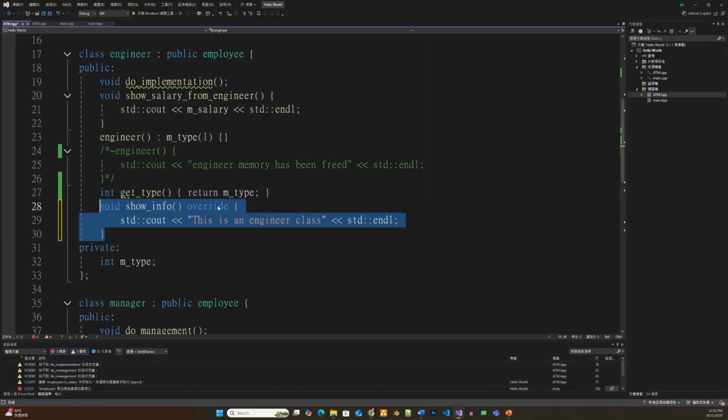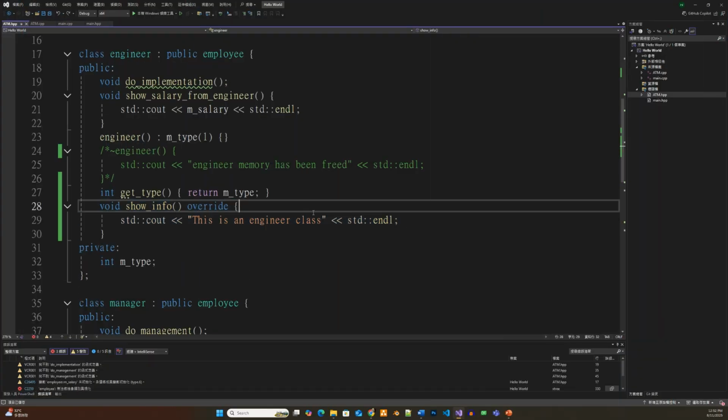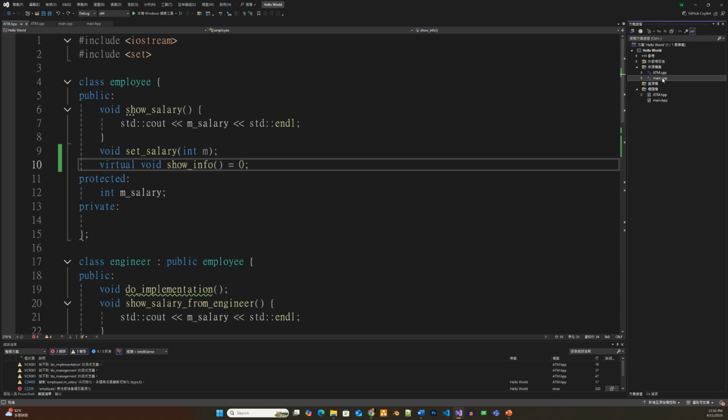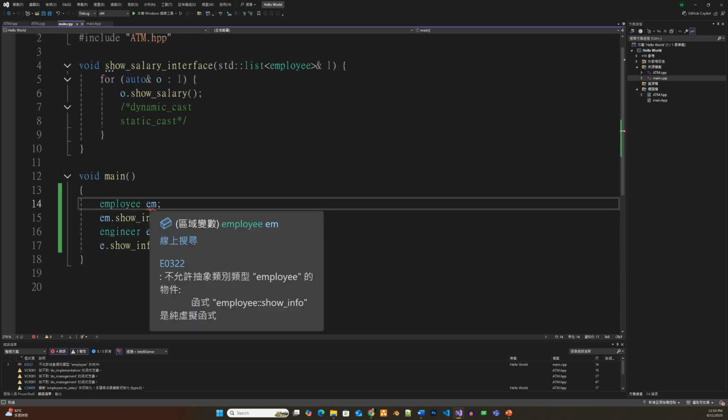Let's recover the function. Okay, once a class contains a pure virtual function, it becomes an abstract class, meaning you cannot directly instantiate it. The compiler warns you that employee is now abstract, and instantiating it will fail. Okay,